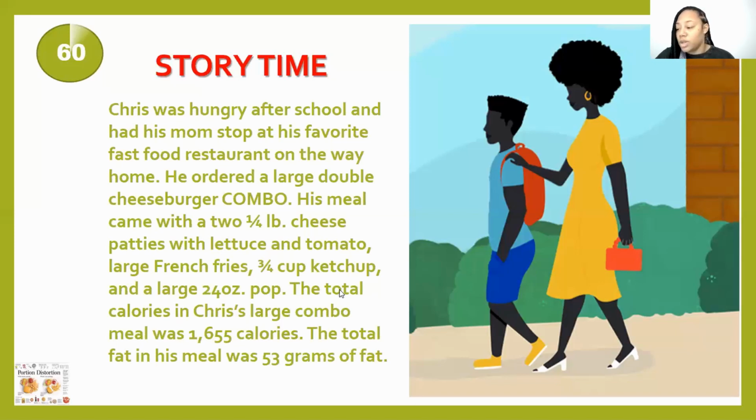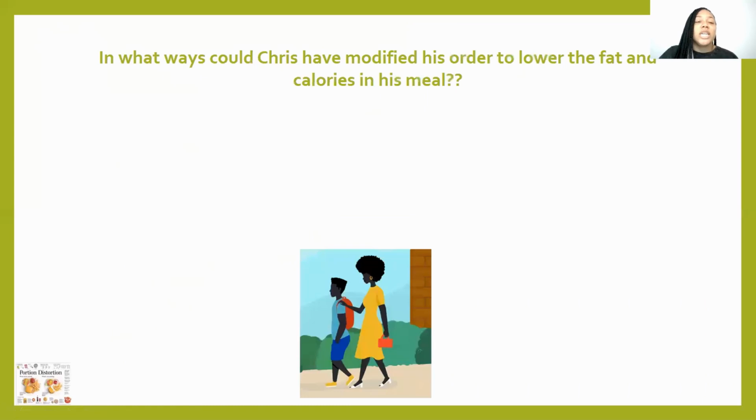Alrighty. So my question was, in what ways could Chris have modified his order to lower the fat and calories in his meal? And remember, Chris was hungry after school, so he stopped at his favorite fast food restaurant. He ordered a double cheeseburger combo meal, right? So he had 2 quarter-pound patties on there, cheese, lettuce, tomato. He also had a large fry. He used 3/4 cups of ketchup, and he had a large 24-ounce pop. Okay, and so his total calorie count was 1655 calories,